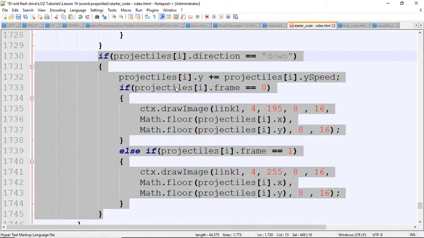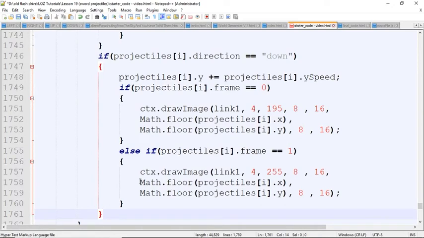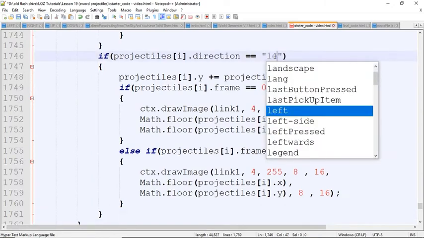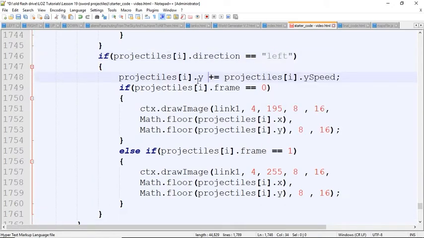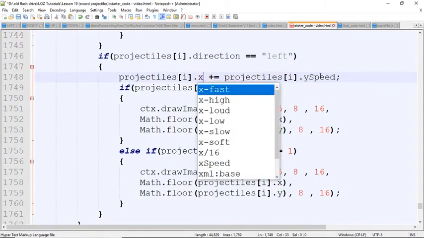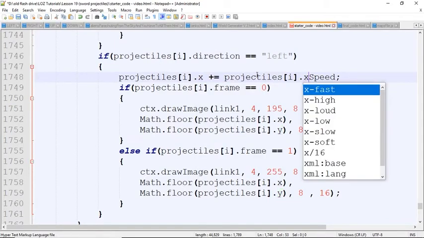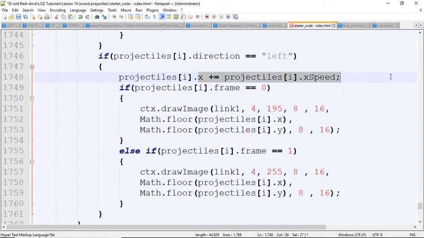I'm going to copy this again, and if we're going left, then some other things are going to happen. So let's go ahead and paste this in, and change the direction. Now, if we're going left and right, then the X speed is what's going to be affected here. And so we probably want to change that. So here we need to change this. So this is going to be 30,